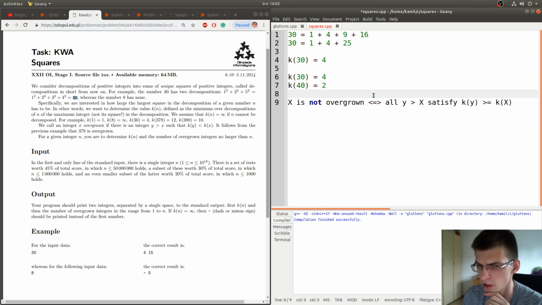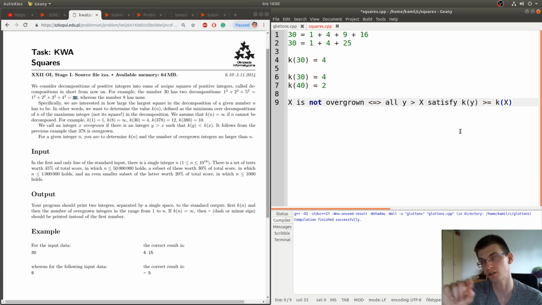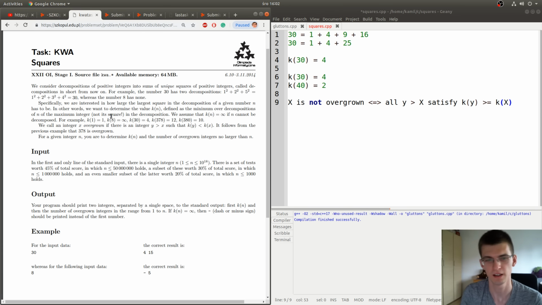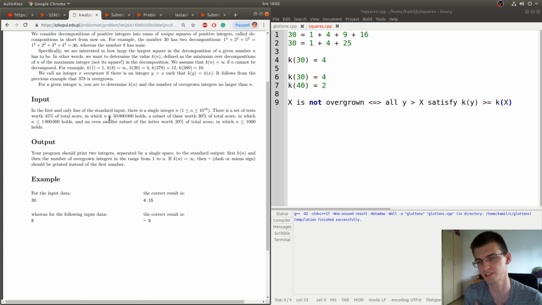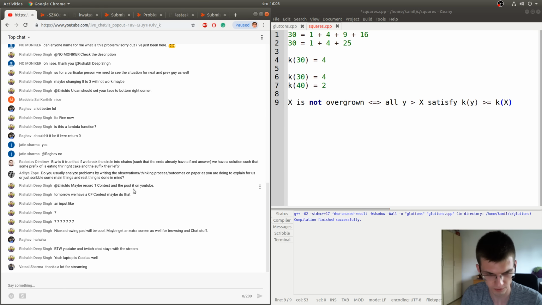So if there are values k for every next number, okay, we are asked about such places, such values, such that everything to the right is great. Like sometimes it's good to spend a moment to understand something more intuitively, like not to have complicated definitions. Do you have some questions about the statement?